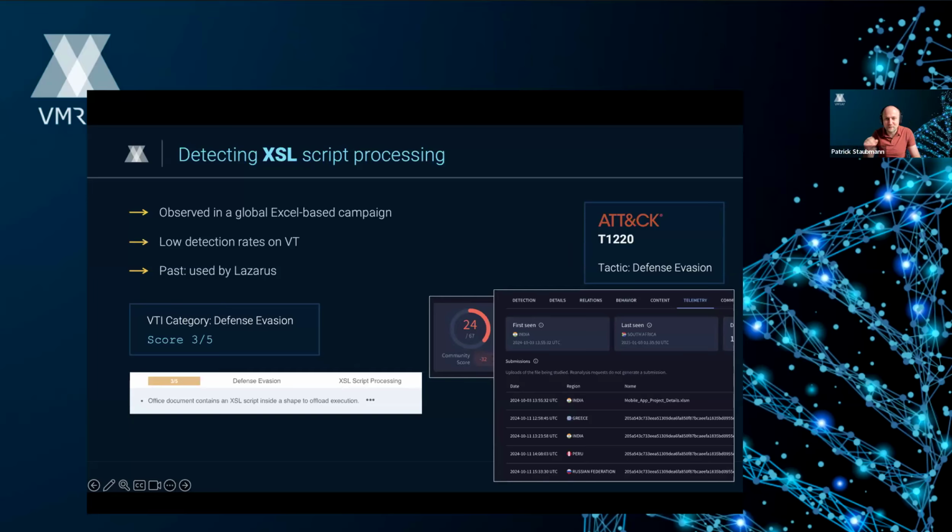Yeah, exactly. That was basically the start of a complete rethinking from threat actors of how to infect systems. They still didn't fully get rid of Office documents. They're still being abused, and I guess we are all very familiar with, for example, the exploitation of the equation editor. XSL script processing is just another technique that they currently seem to use to still abuse Office documents, because it's still one of the most used and probably most legitimate looking ways to infiltrate systems.